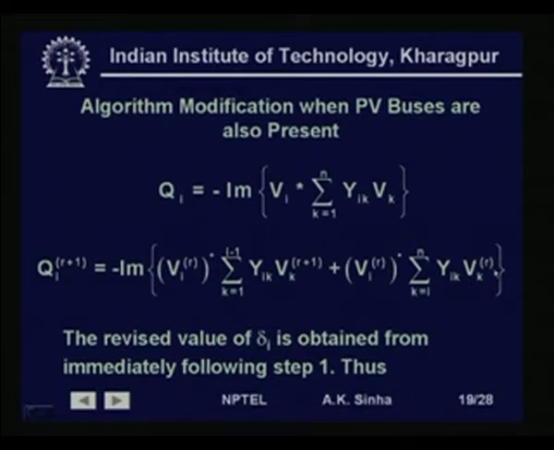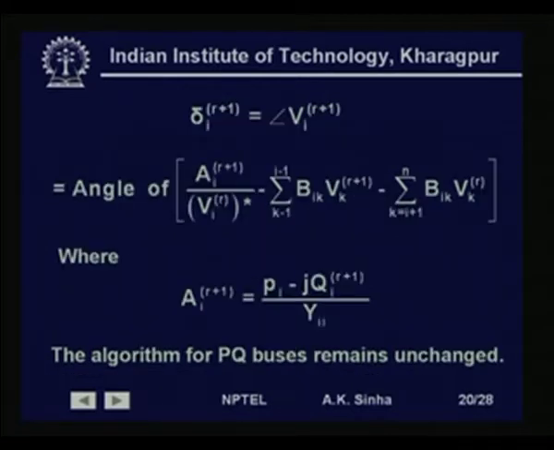Now, the revised value of delta can be obtained from this, as we know that delta is nothing but the angle of V. So, delta_i at (r+1)th iteration is the angle of V_i at (r+1)th iteration. Therefore, we can find out the angle of that part very easily as angle of